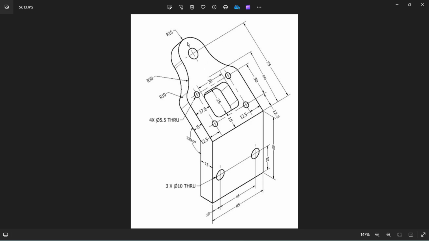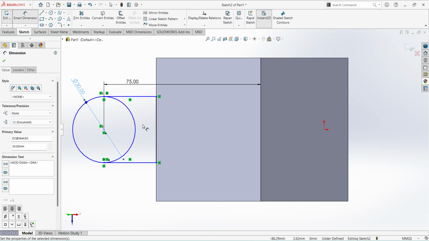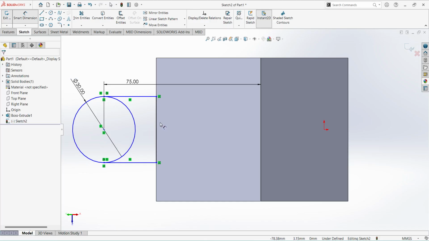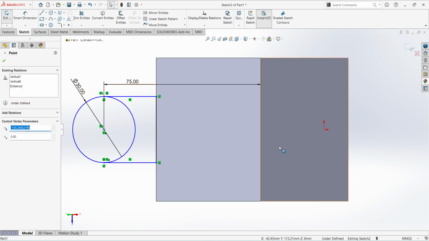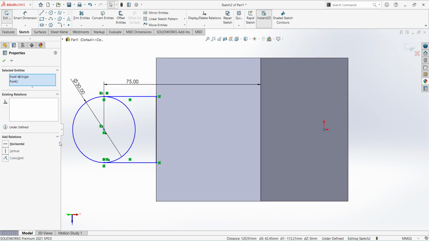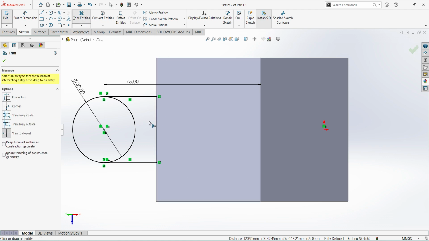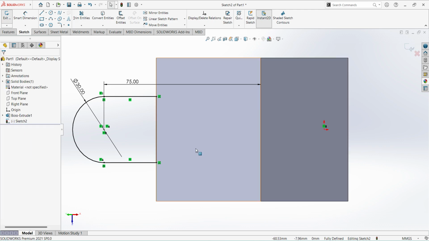So you can see the dimensions are 15, 75 mm. Select center line, center point and horizon midpoint, give horizontal constraint. Select trim entities, trim this line. Finish sketch,